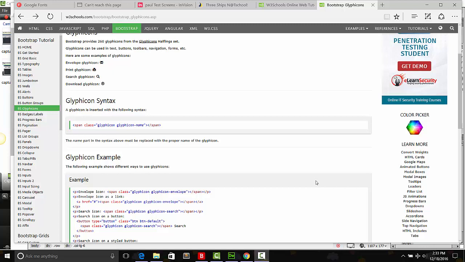Now if you go back to the W3 Schools website and we click on the Bootstrap glyphicons, we can see here we can take these little icons by using the span class glyphicon and the glyphicon name, and the one that we want to use here is the search one, which is basically this one here. So we could just take this, Command C,